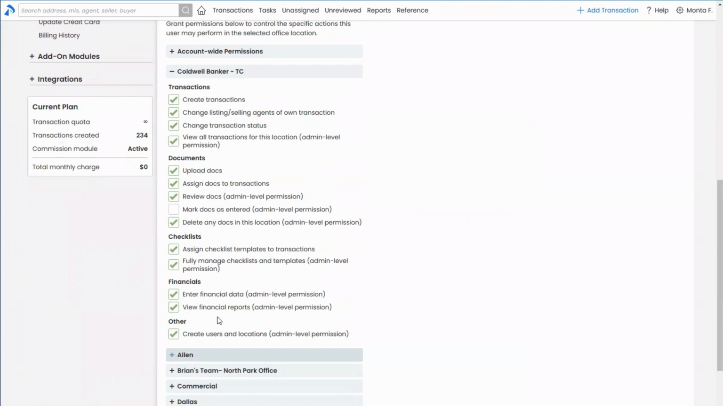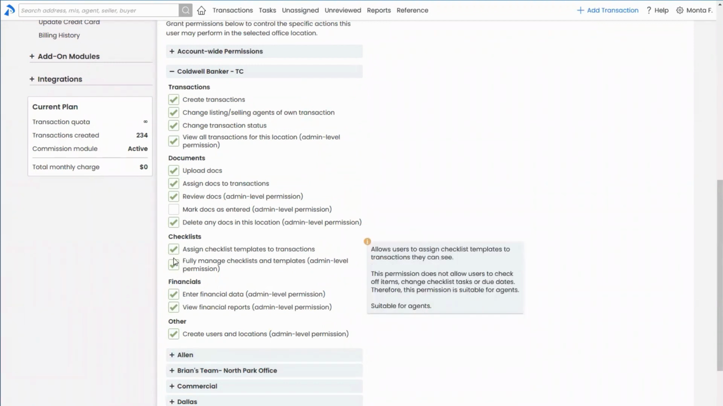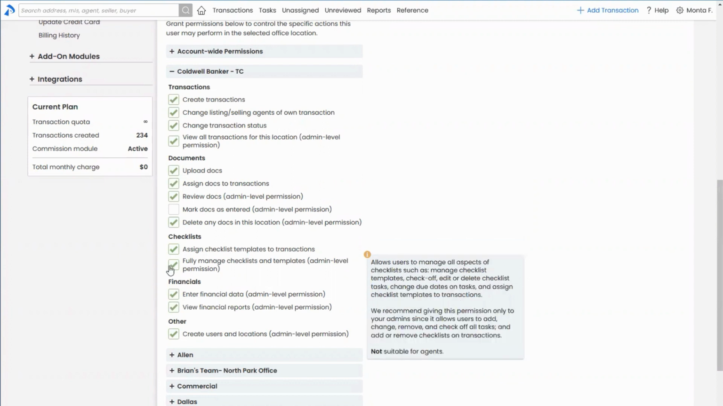If you've got multiple locations, under whatever location you're giving them permissions, you've got the ability to give them 2 checklist permissions. The first one is the basic ability to add a checklist to a transaction. That's super appropriate to give to agents if that's what your workflow involves, and obviously admins as well. The second one, though, fully managed checklist permissions,